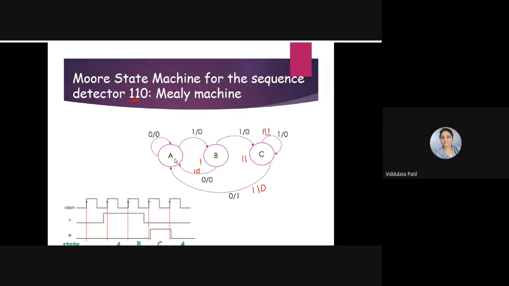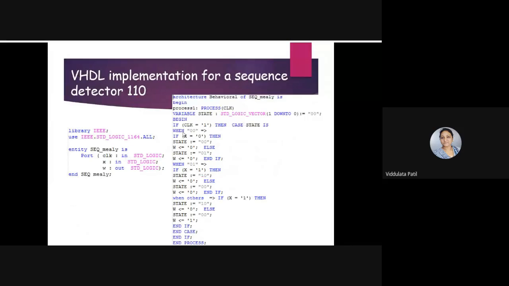Okay, so once again it will start from now as it will reach this state. Once again it will go to the initial state. So this is the VHDL implementation for this sequence detector. Okay, that is a 110 sequence detection. So we have this VHDL code where this is the library declaration part, then entity declaration part, and then in the architecture body we